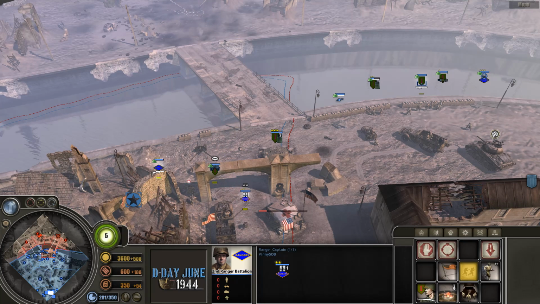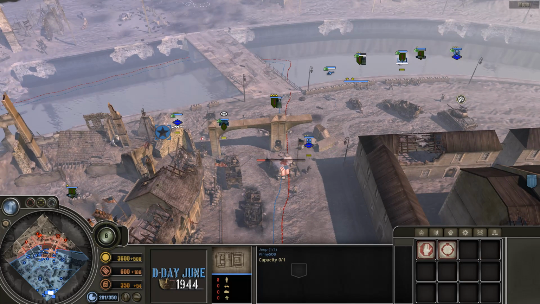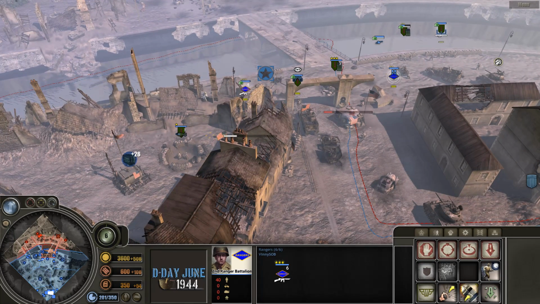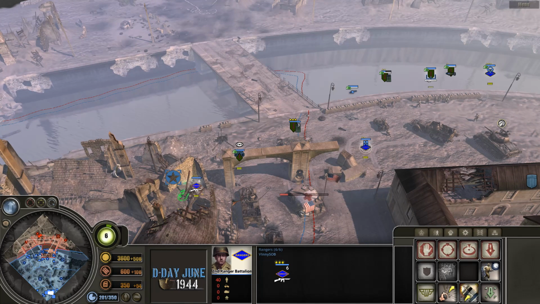Maybe I can, sometimes you can put him in a building and get him out of there. Inside, Rangers. To the wall. Let's see. Let's bunker down in there. Nope, they're actually stuck in there. Okay, well, no big deal. Whatever. Anyway,